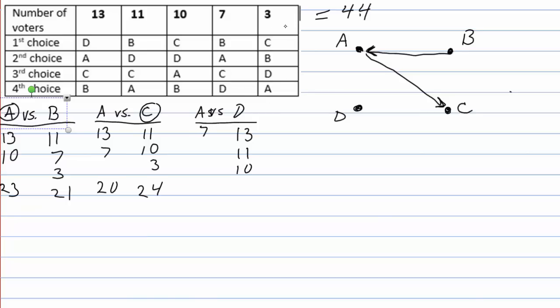And in the last column, those 3 voters prefer D over A, so D gets 3 more votes. And so we can clearly see that D is the winner. So we draw an arrow from A. So now notice that it doesn't matter